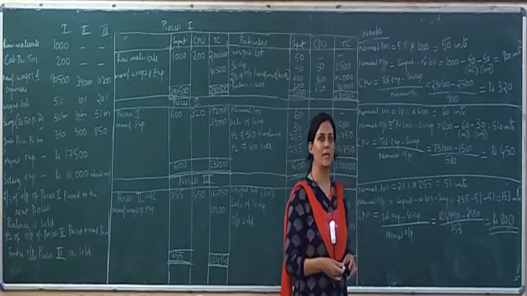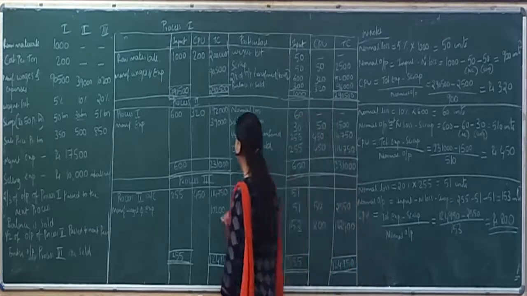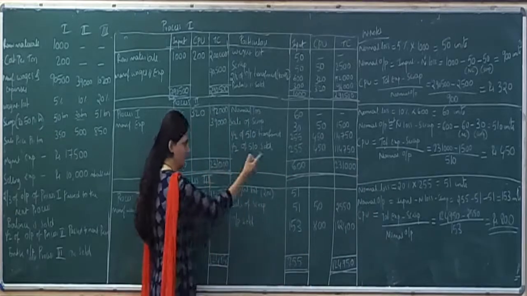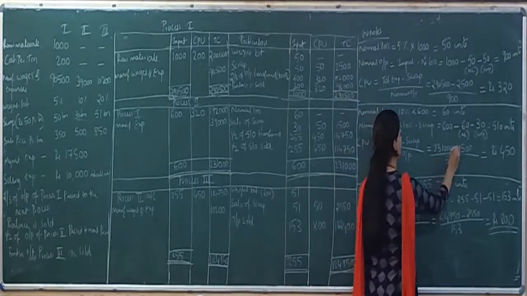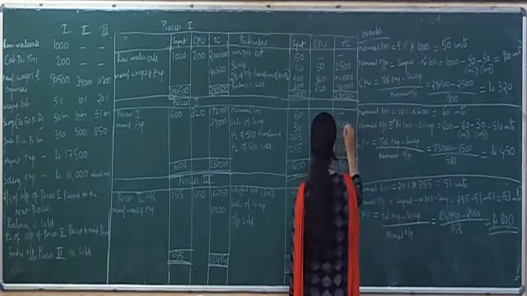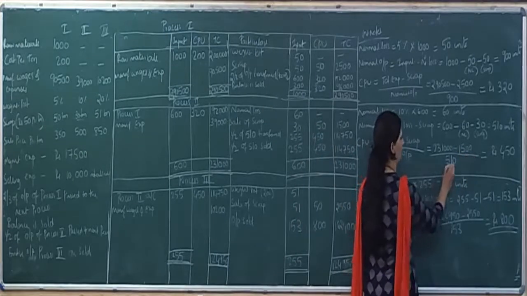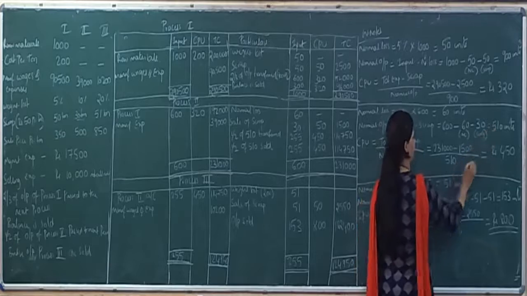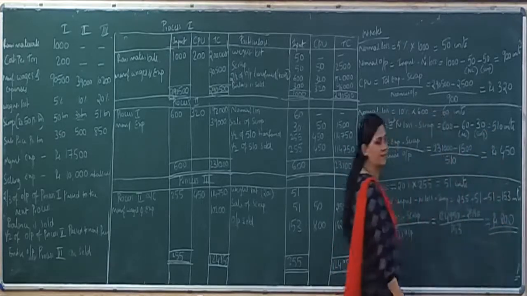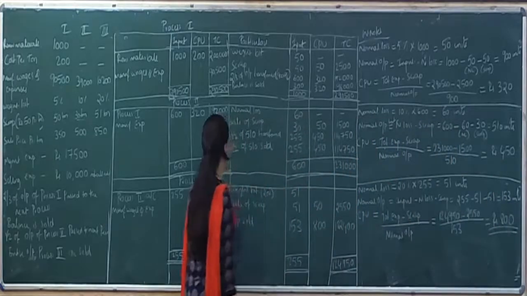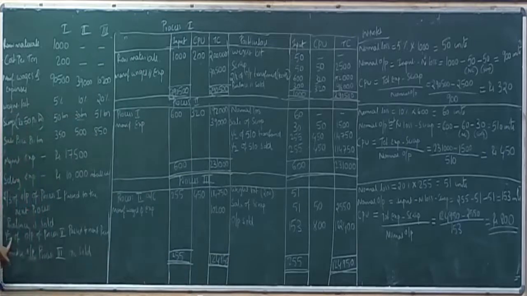We can find out what the CPU is. Again here we don't have actual output, so we can't find out whether it is abnormal gain or abnormal loss. Then for CPU, total expenses, we can make a total of this: 2,31,000. The same is the total expenses. 2,31,000 minus scrap value of 1,500. This is to be written here, divided by normal output of 510. It is recorded. So CPU comes to 450. The same thing we have to record here.